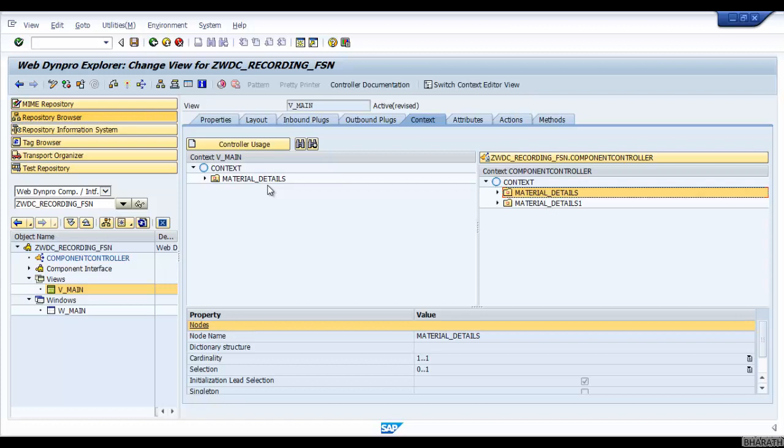And SAP best practices recommend you always create a context node in the component controller, so that maintenance will be very easy. Let's say, for example, during development, as per the given scenario, you might create a context node at the view level, but during maintenance or support time, you might come across a situation where the same node is required in another view. So then,